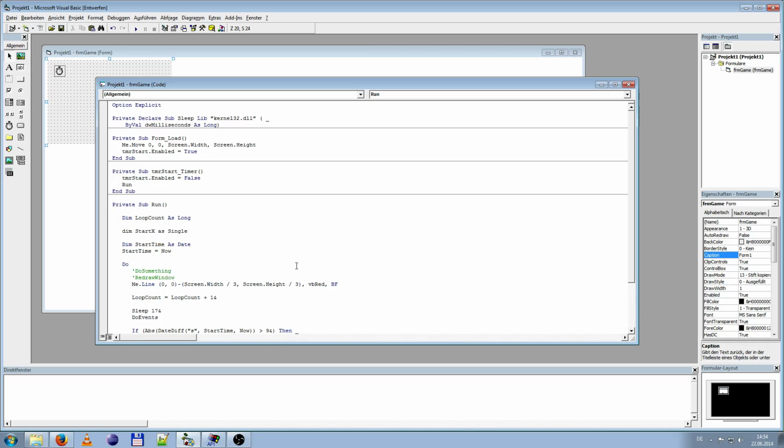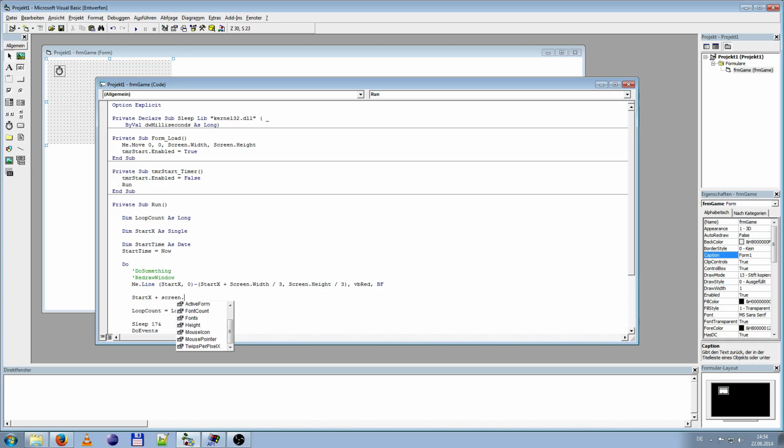Since we are calculating in twips, they are always in single format. I don't know why, but it is like that. And this is 0 initially, so we put StartX here and StartX here, and then we will just